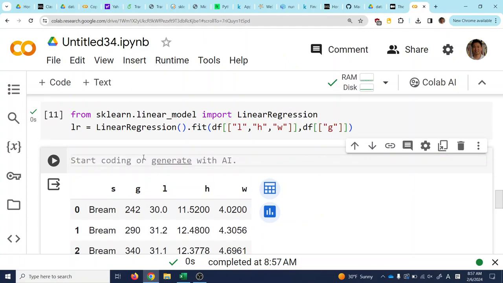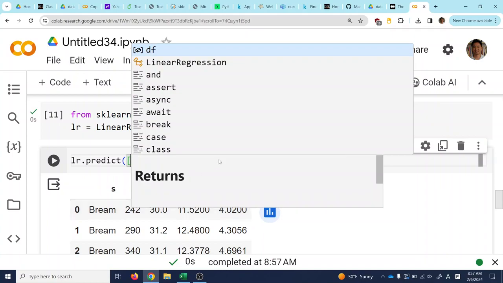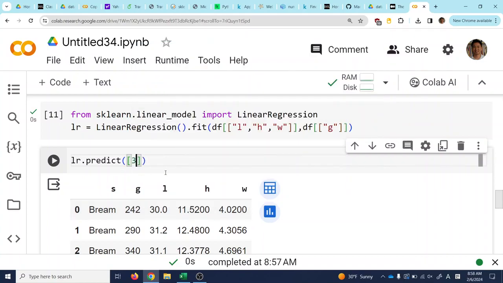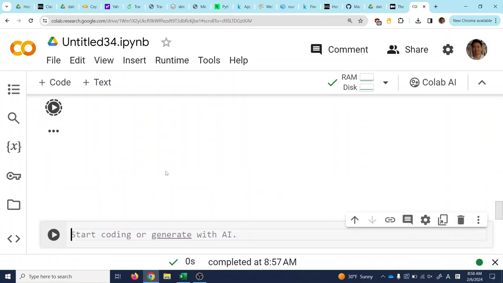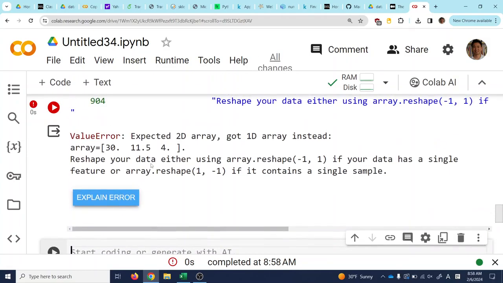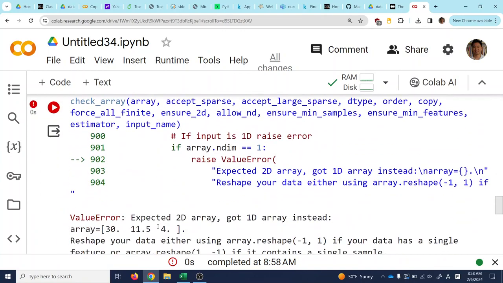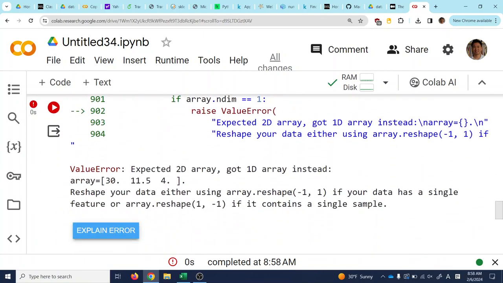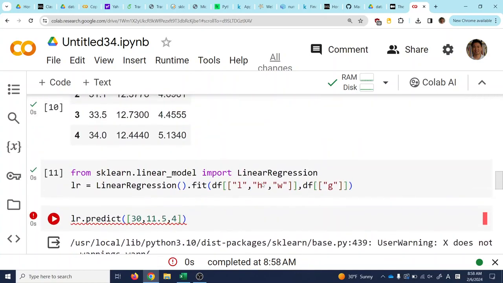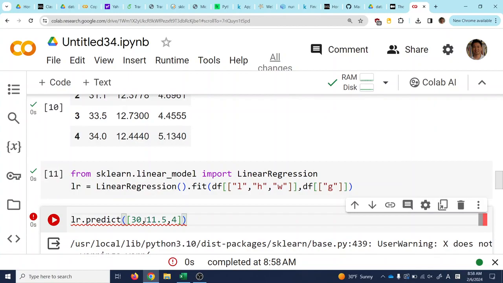So what you do is you're going to do linear regression dot predict. Just feed in those three numbers. What if I have 30 for the length, 11.5 for the height, and width is 4? What is it going to give me the prediction as? Sorry. So it doesn't like it, and there's some reason for this. I'll explain this in more detail next time, but if you look at the error, it says you should do reshape of -1, 1. Okay, so I'll explain why that is so next time, but